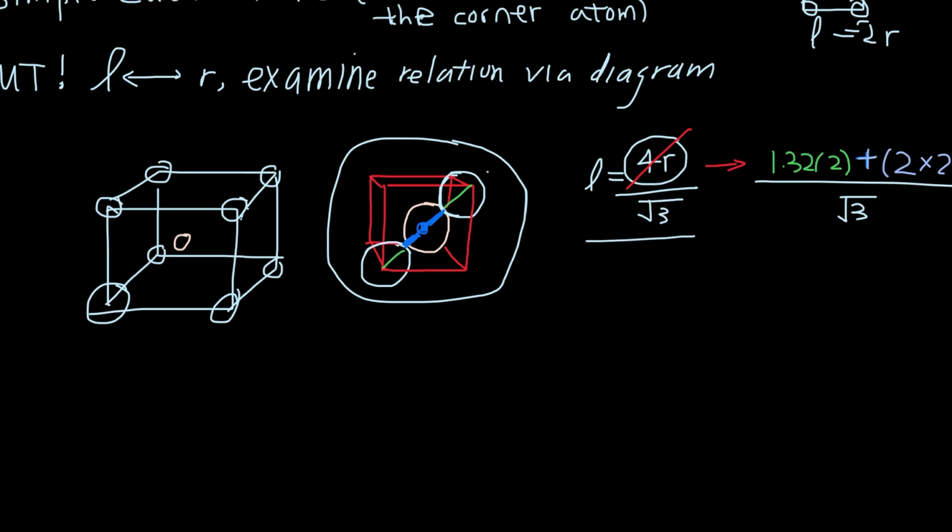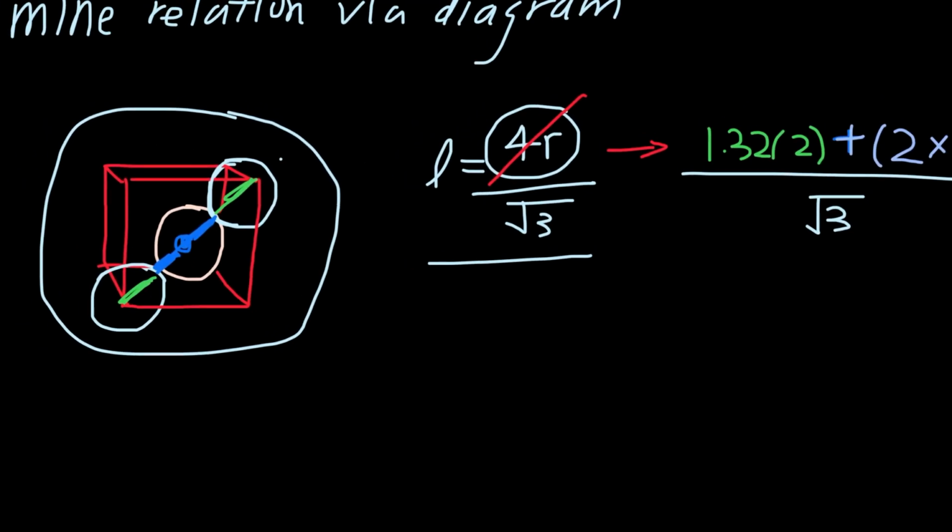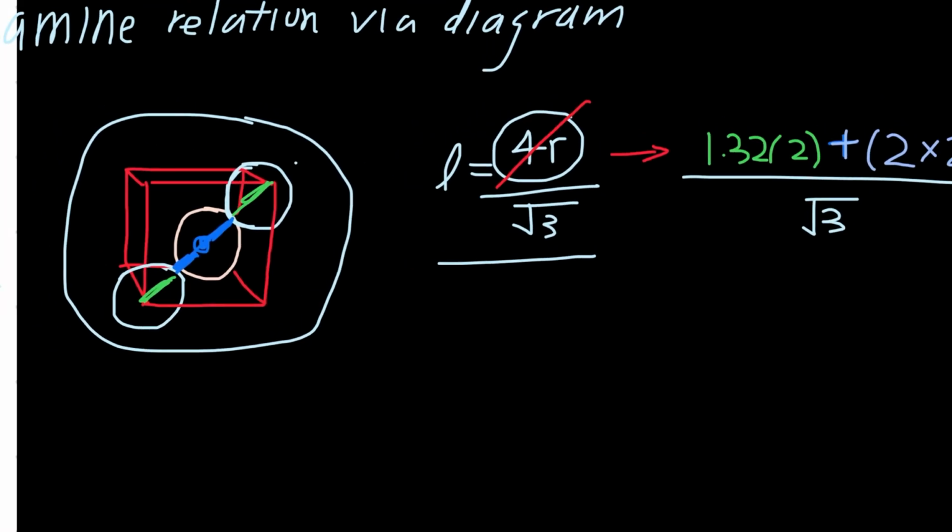But instead of writing 4R as in the formula, we know that 4R is where all of these atoms have the same size, so you could say there are 4 of these same radiuses. That's not the case. So we're not going to use 4R, and we're going to expand that into the